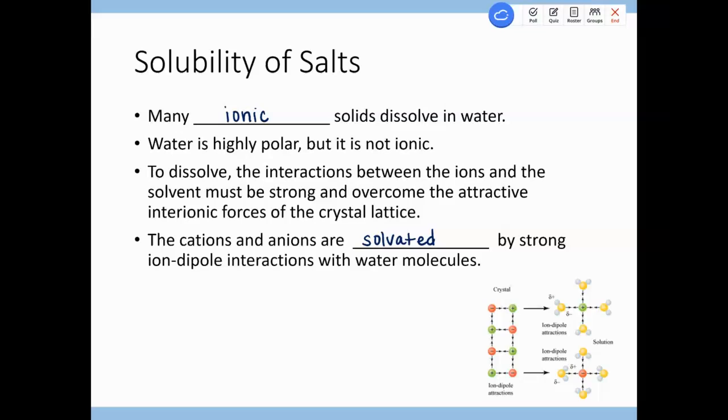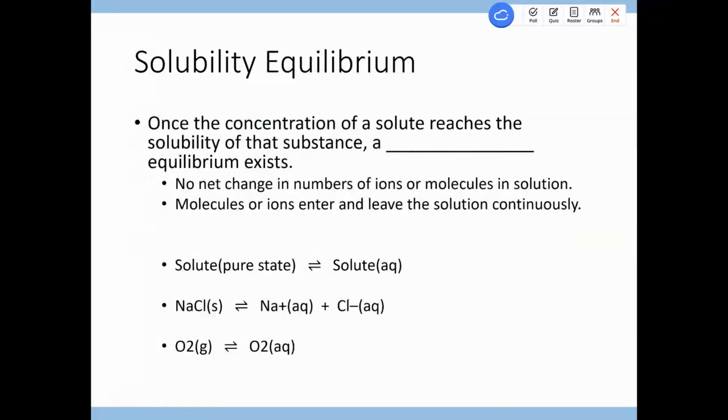Now, if you keep adding salt to the water, you'll be able to dissolve salt, dissolve salt, dissolve salt. And at some point, there's more salt present than can be dissolved in a certain amount of water. So different solids have different solubilities. But once you've gotten past the point of everything being dissolved, so once the concentration of a solute reaches the solubility, the maximum amount of that substance that can be dissolved, a dynamic equilibrium